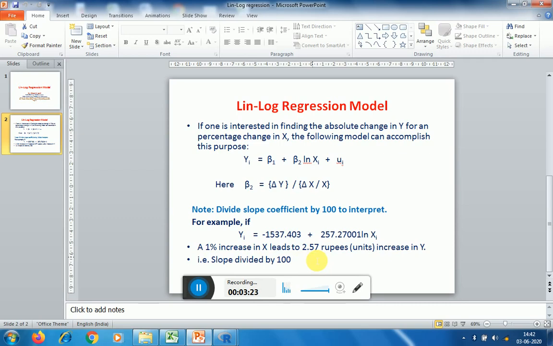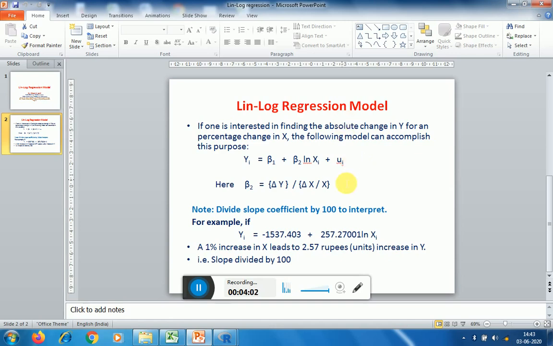This is how we must draw the inferences about the slope coefficients of various variables. So this is bivariate. We can have even the multivariate type of relationship. Sometimes it may also happen that your y value is in absolute terms, some of the values of your independent variable are in relative terms, and some values are in absolute terms. Such a model can also be fitted under this type of criteria. So these models are also called semi-log models.